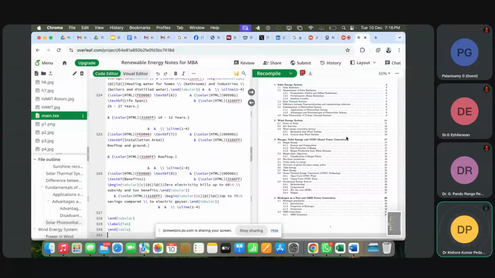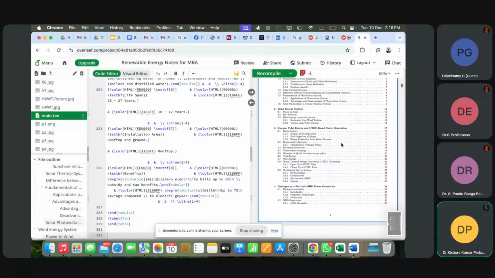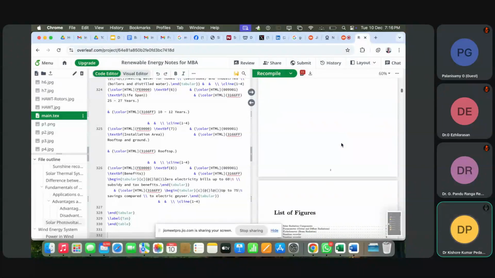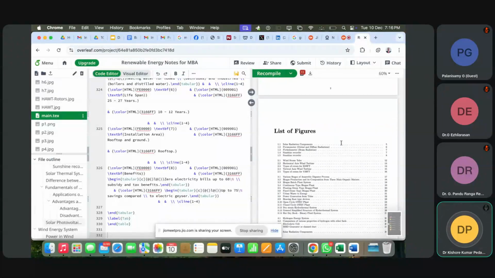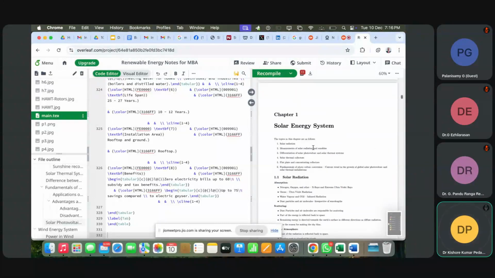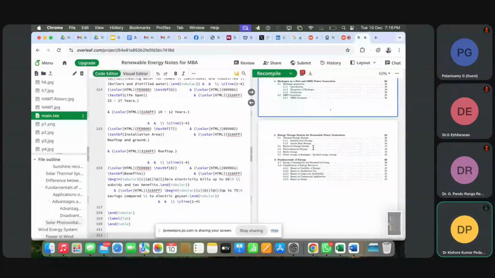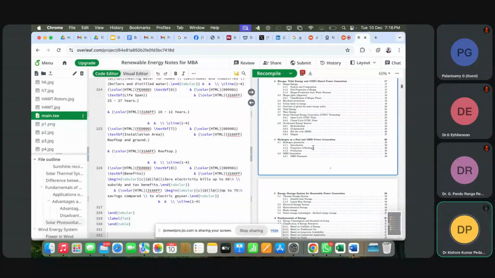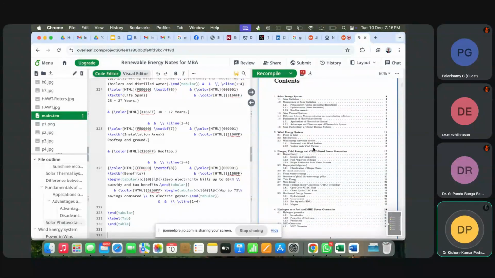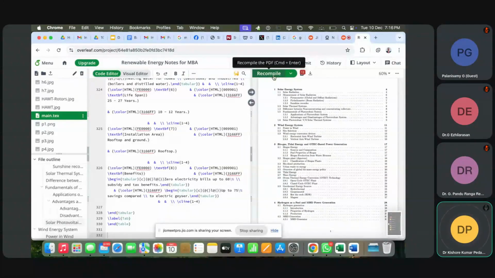You can make a note of this one also. This table may be the last table in the list of figures. Oh, a list of tables can also be there. I didn't mention it here, I think. It's okay, no problem, let us leave it. So I have added two tables. Obviously the wind energy page number should change. Please make a note: it is from 11 to 13. Now I am recompiling. Just see how it will change. It is still the same one only.